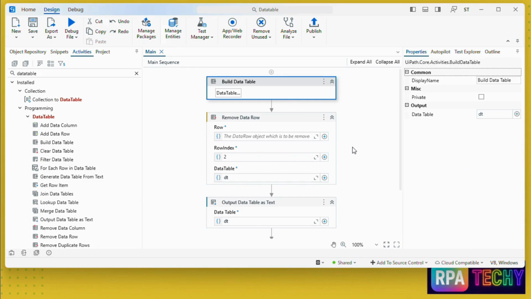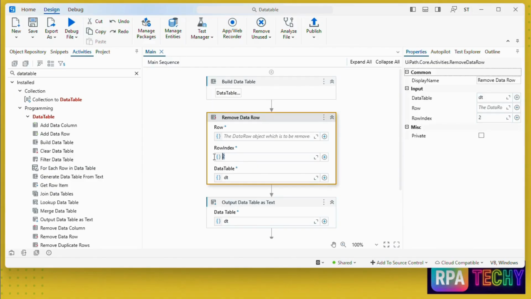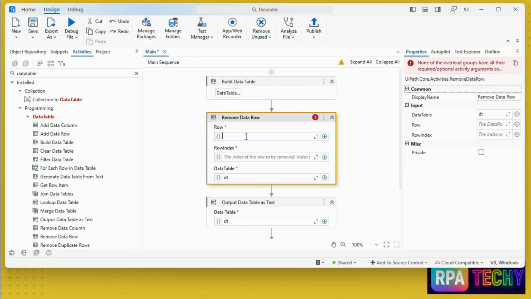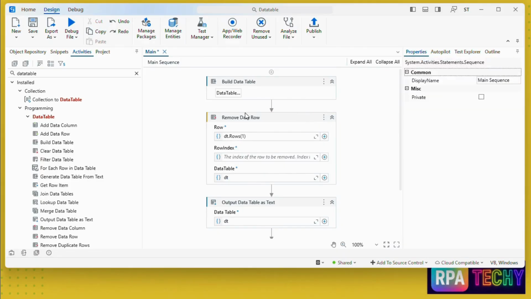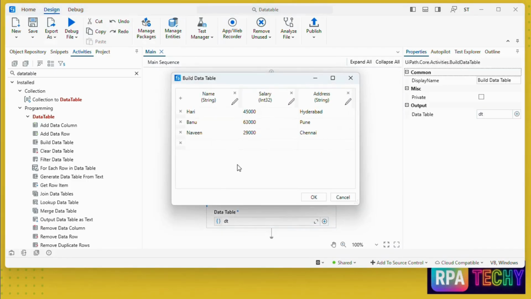Now let's see how we can remove the row information based on the row index. The row information we can provide with this expression, dt.rows, and then we need to provide the row index. Now I would like to remove the second row, so that means the row index is 1, right? If I execute the remove data row activity, Banu details should be removed